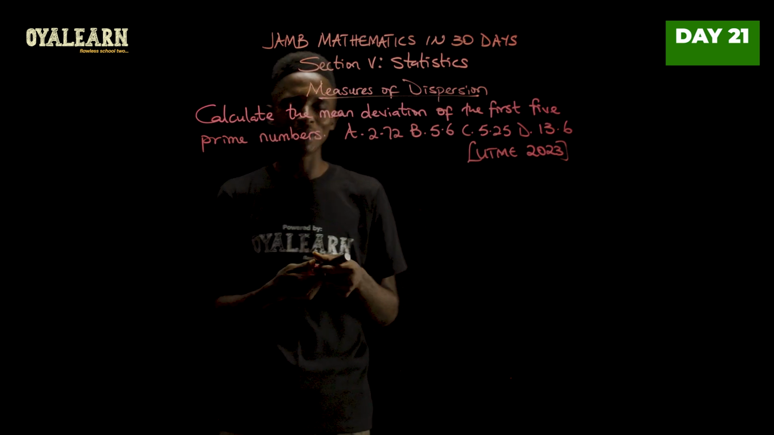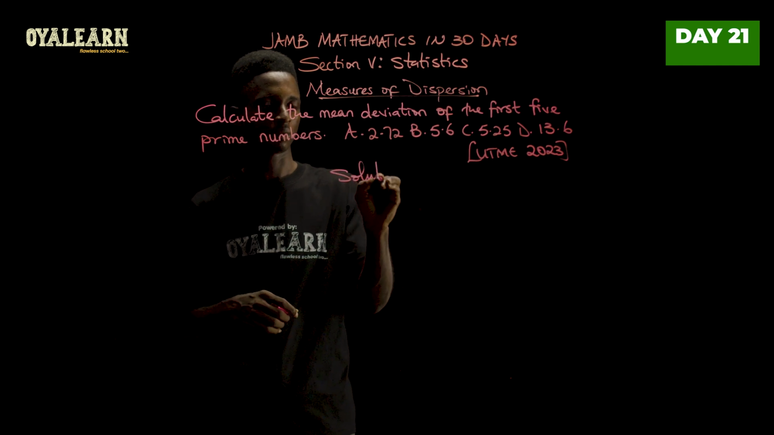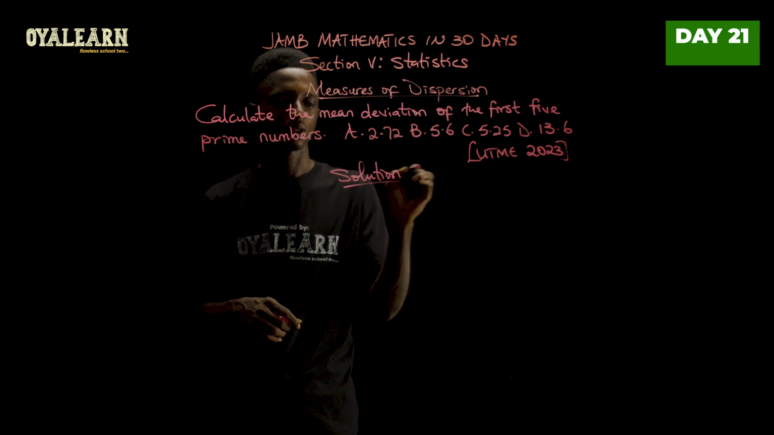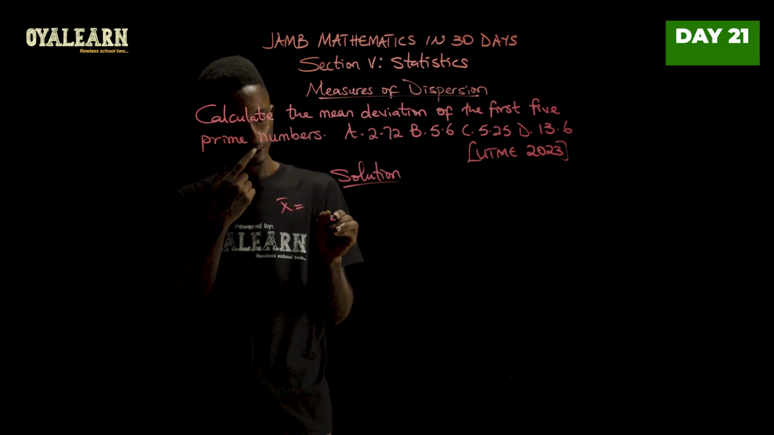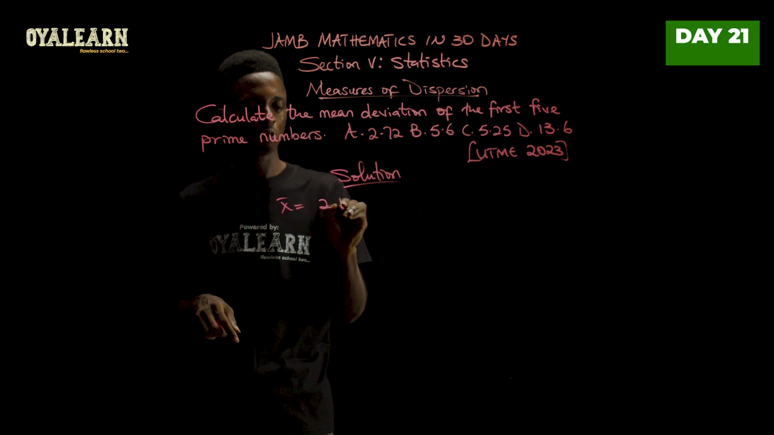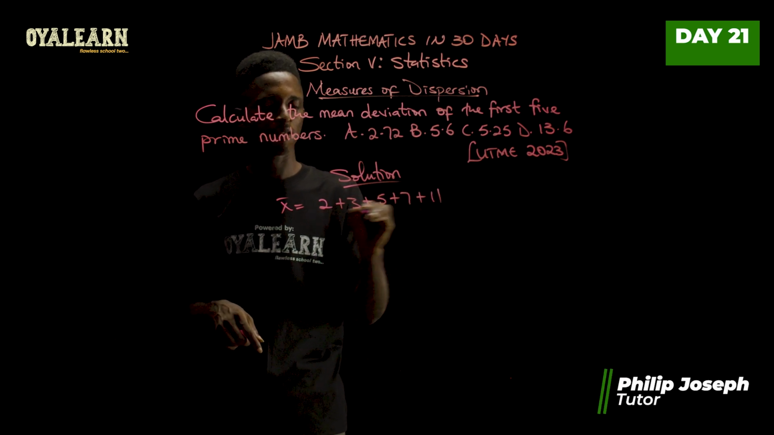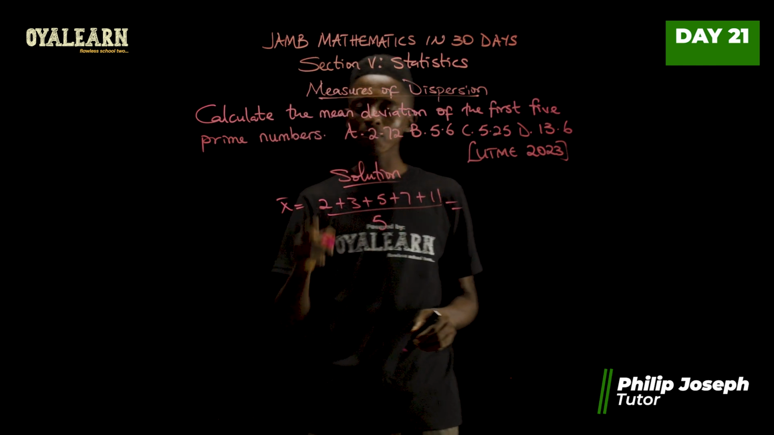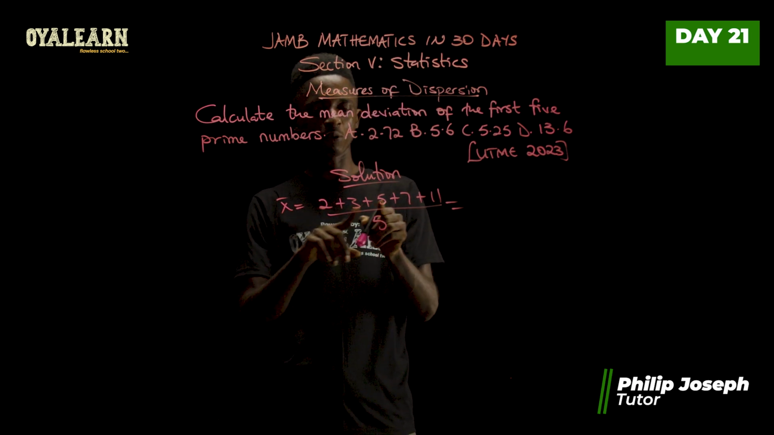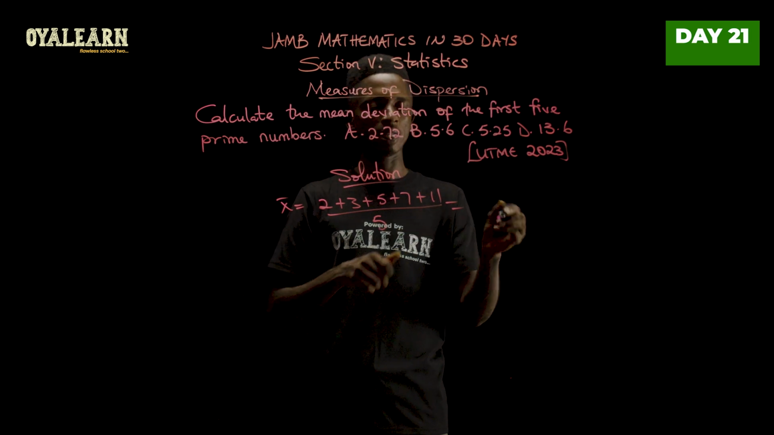So let's find the mean first of those numbers. It's the first 5, so the mean would be 2 plus 3 plus 5 plus 7 plus 11 divided by 5. Now let's add all of this together. This would give us 5 plus 5, and then we have 10. 10 plus 18, that is 28